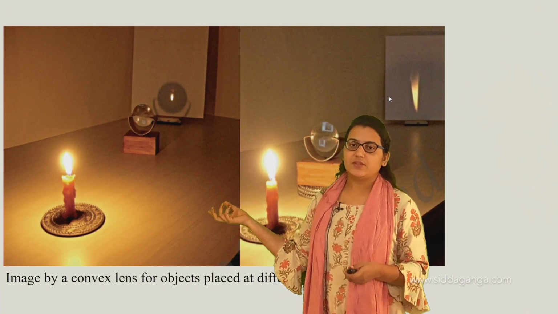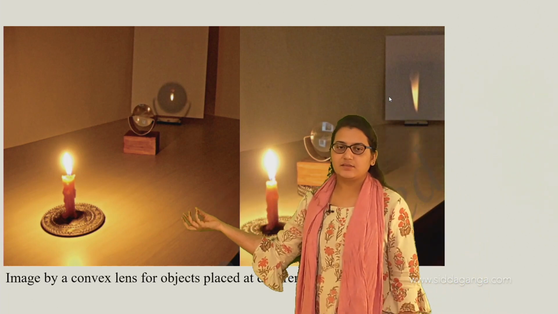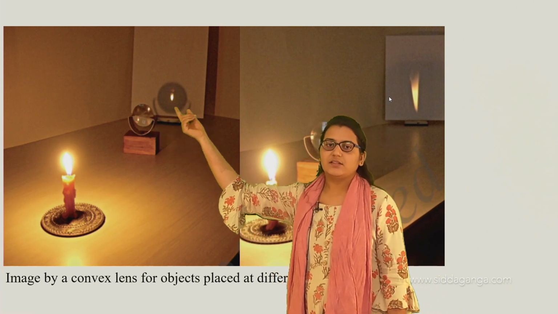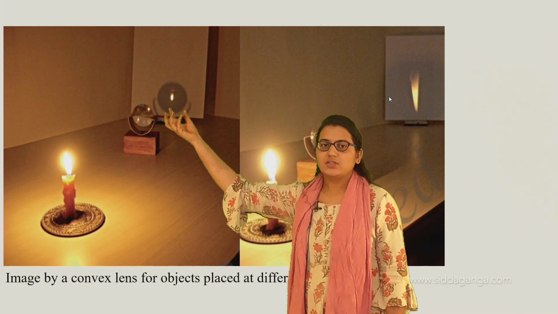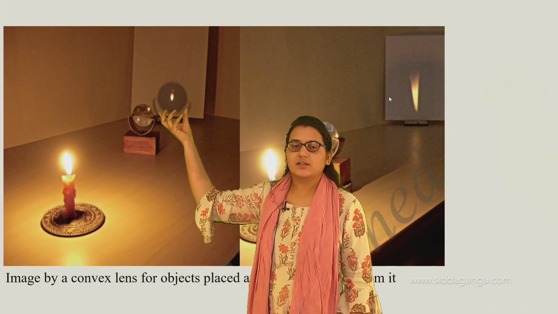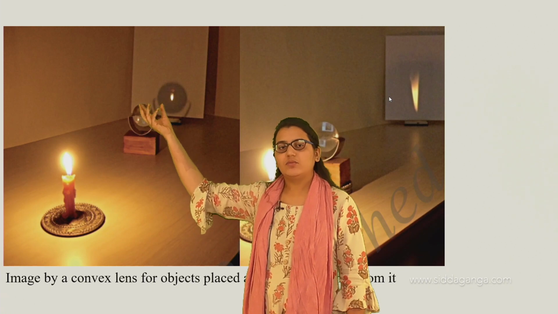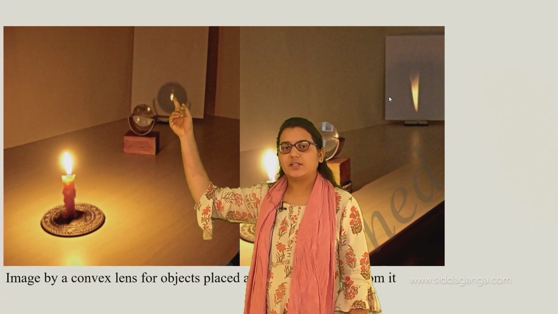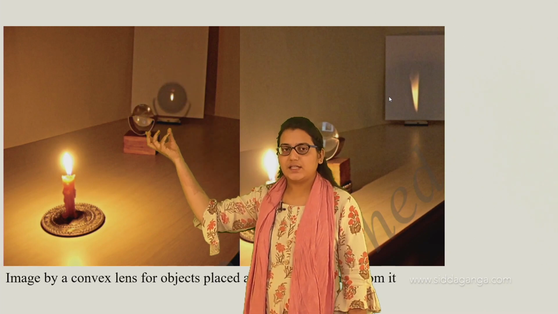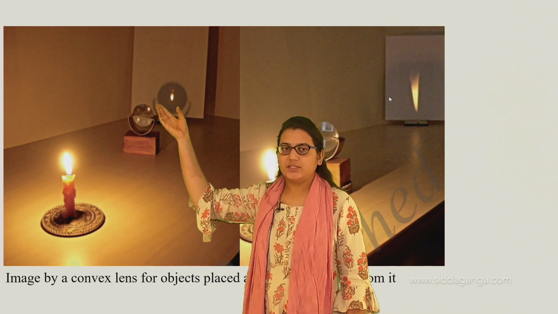Again, as we have studied about the images of mirrors, in the same way let's see an example of the image found by a convex lens. If we use a convex lens here, we'll get an inverted image. If we keep a light source here and move this convex lens we have taken, the image we get is inverted. This is a screen, and on the screen, if we use a convex lens and this light source, we'll get a small and inverted image.